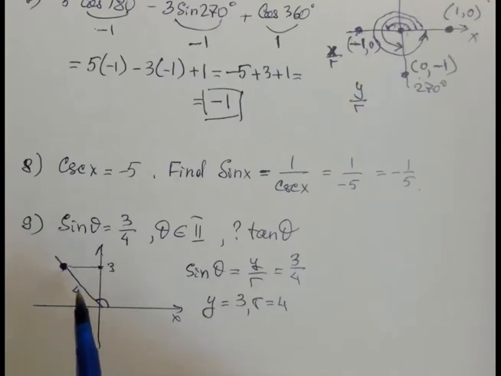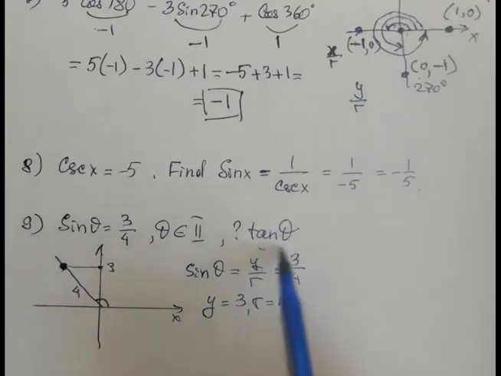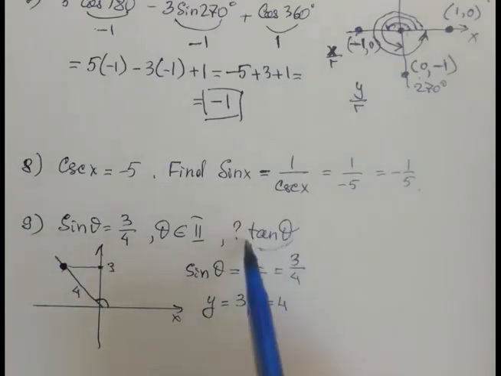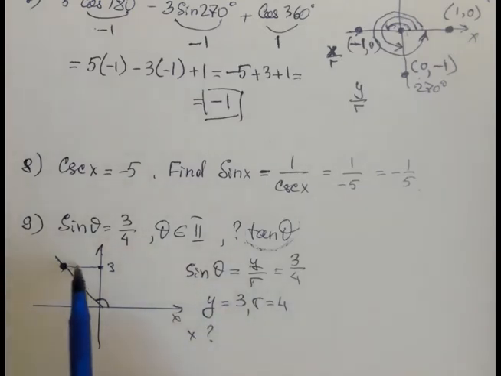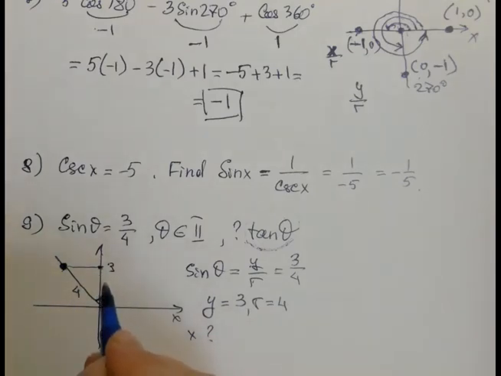So we want to find the trigonometric function of this angle. So we need a third value. We know y, r. We need to find x. So let us consider this right triangle. One side equals 3, one leg. Hypotenuse is 4,